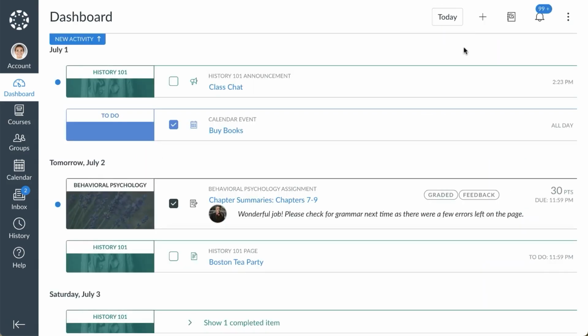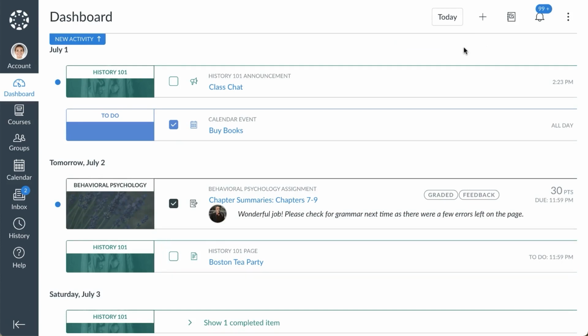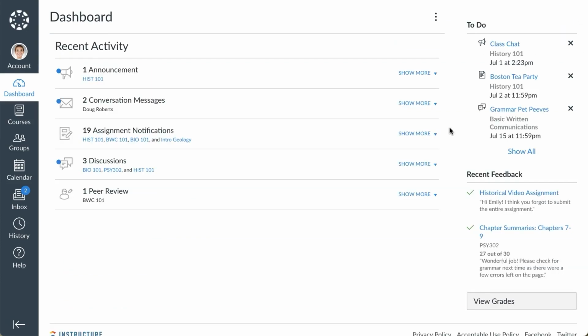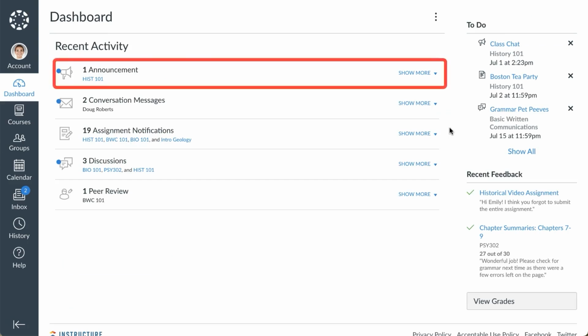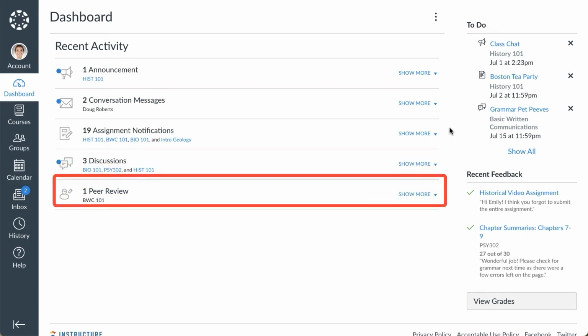List View displays an agenda view of graded items from your courses, as well as any non-graded items your instructors designate for a course to-do list. You can also add your own items to the agenda. Recent Activity View displays a stream of recent notifications from all your courses, including announcements, conversations, assignments, discussions, and peer